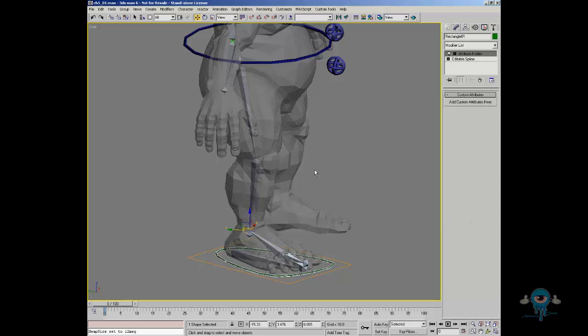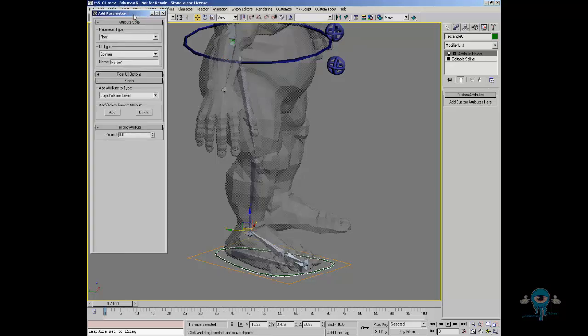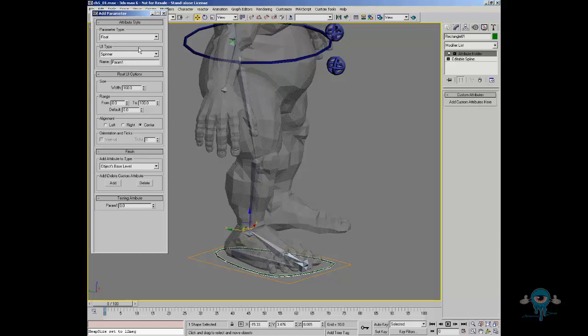There are two ways we can create scripted custom attributes. One is with a built-in tool under the animation Add Custom Attributes. This is really just a Max script that writes Max script. It makes it very easy for entry-level people to add custom attributes, spinners and sliders and drop-down menus for use in our interfaces. Using it is very simple. If you want to add a spinner, you choose spinner of a float value, you give it a name,